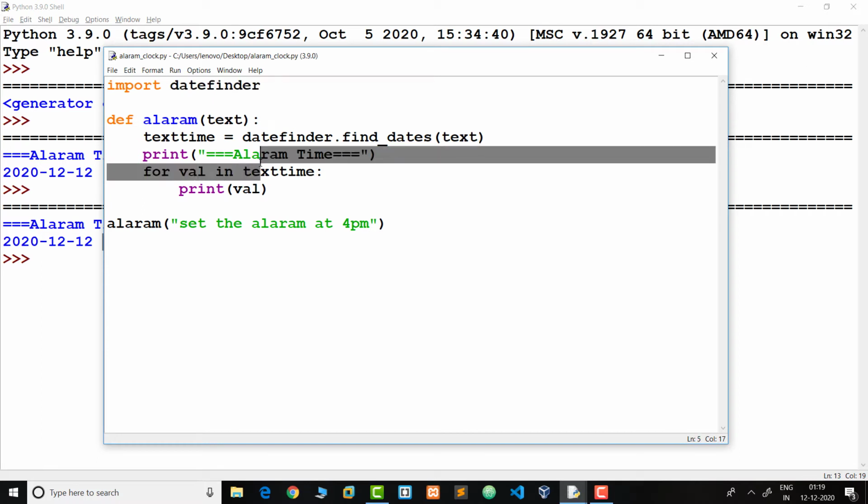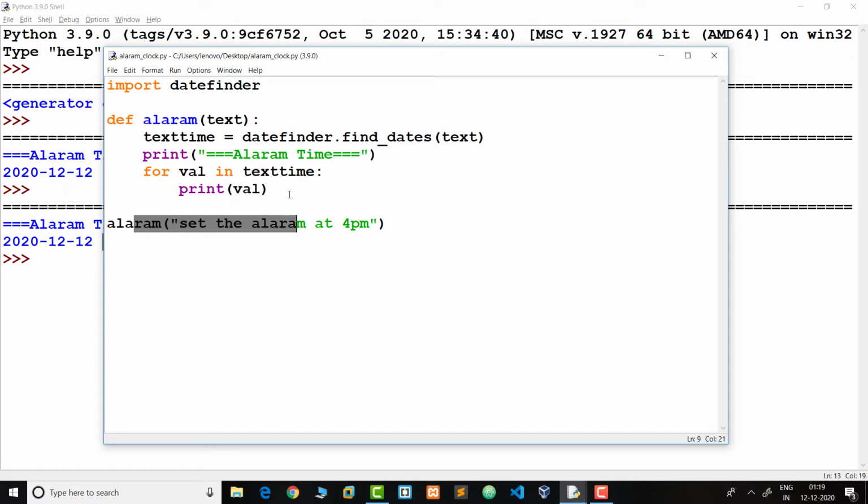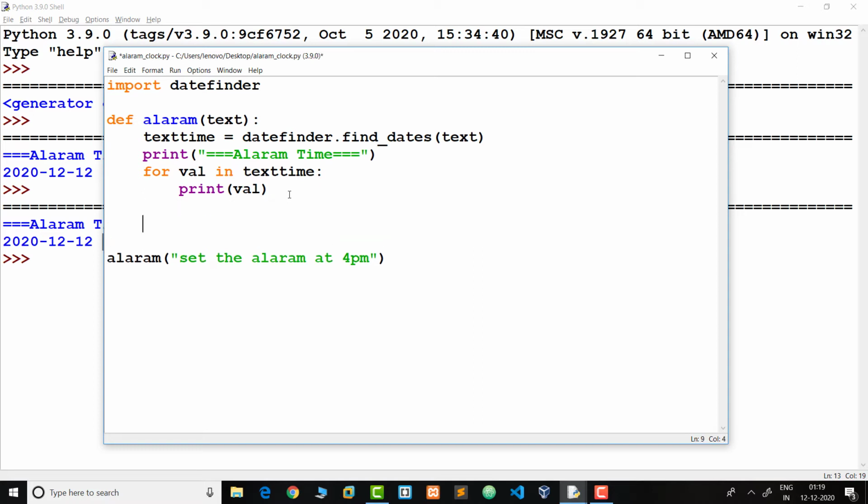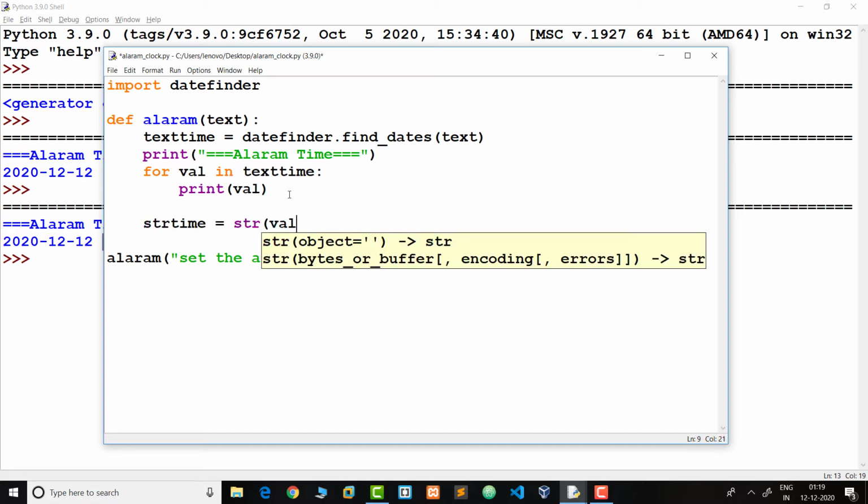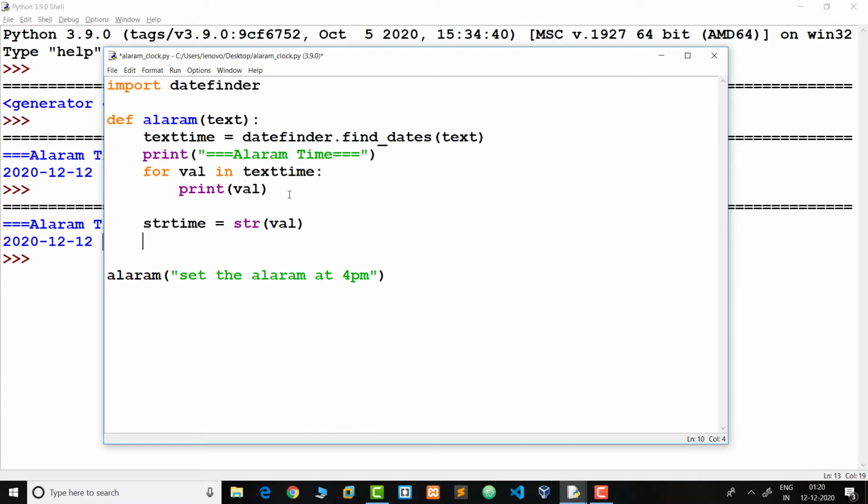After getting the specific time from this text, we need to set some logic. Here we convert this date into a string using strftime, and here we are using some slicing. If I want to separate the time from that date, we use strftime, and here we need to use slicing, starting from 11 to the end. In slicing, the first parameter is the start and the second is the stop.